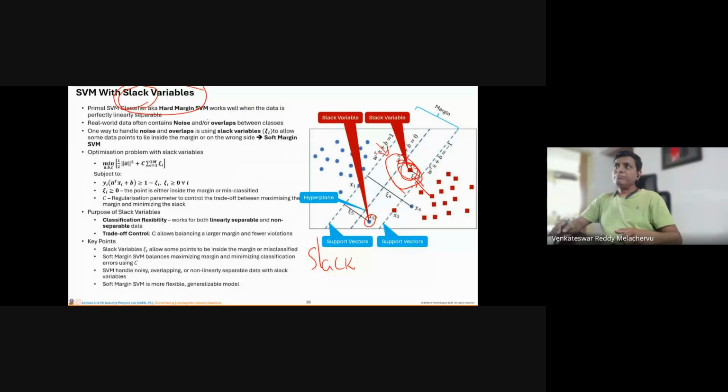So essentially, the margin is hard when there is no slack, when we can achieve this gap without any data points falling in there. But real world data is not like that. There always will be boundary cases, a red dot falling in here, let's say, and a blue dot falling here, which you can see here, right? This is noise sometimes. Nothing is perfect. There's a lot of it. So to account for this noise and overlap,